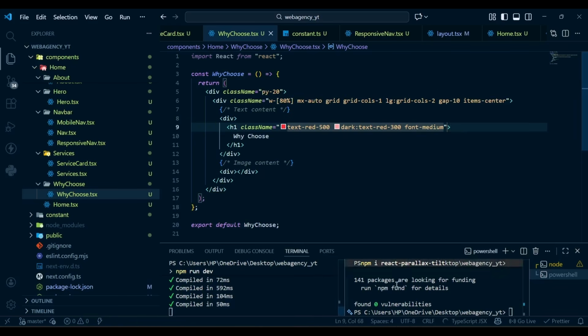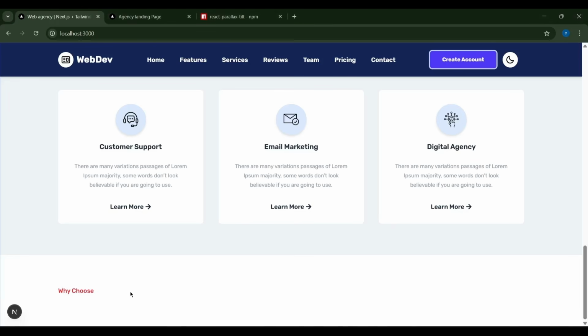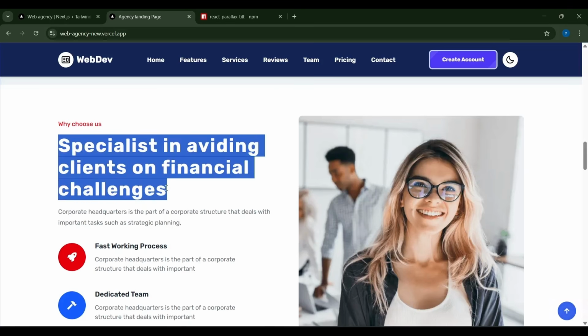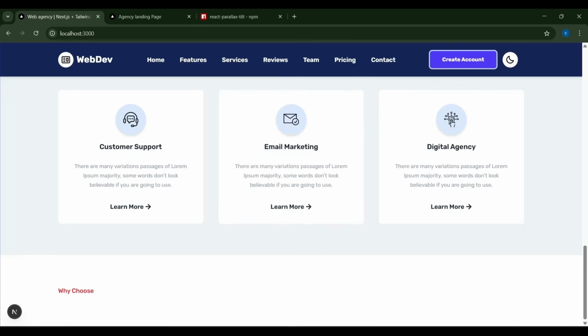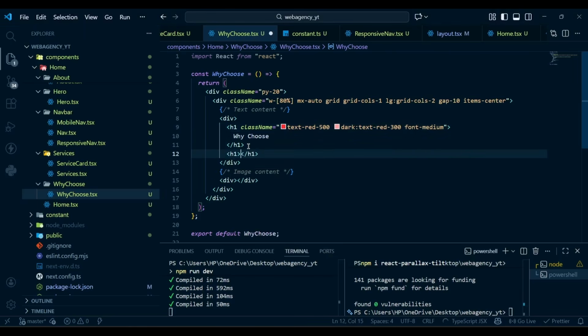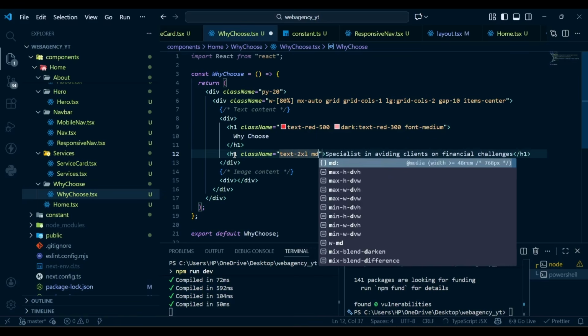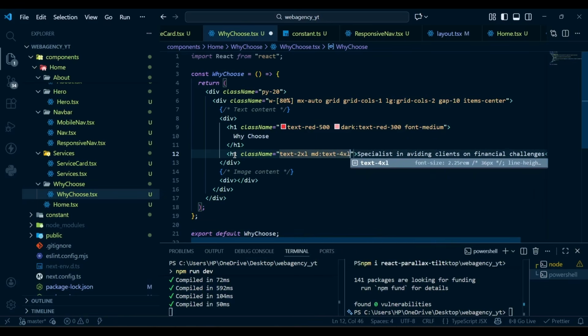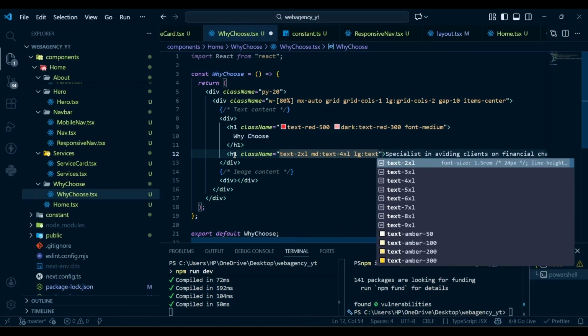Now if I hit save and go to our project, here you can see we have the text why choose just like this one. Next we have this heading, so I'm going to copy it from here, and then after the h1 we have another h1 for our heading. This h1 will have a class name of text-2xl in medium screen, text-4xl in large screen, text-5xl, leading-8 in medium screen, leading-12 in large screen,